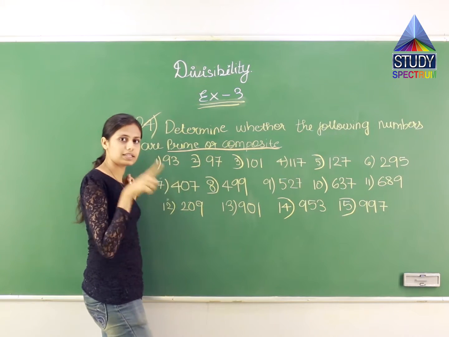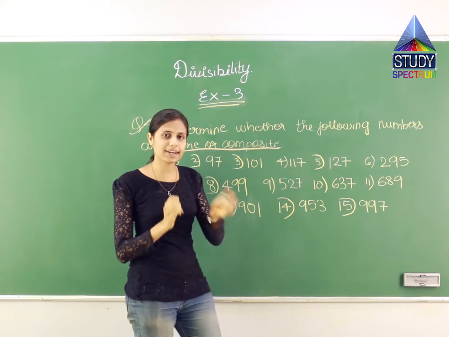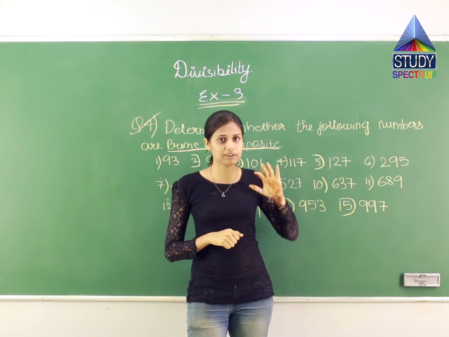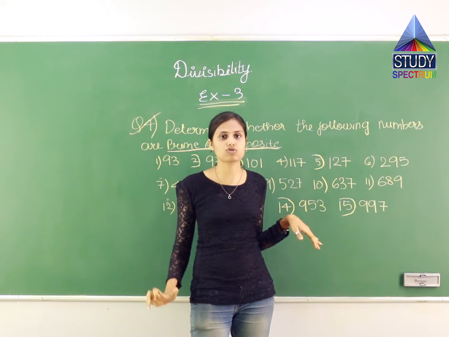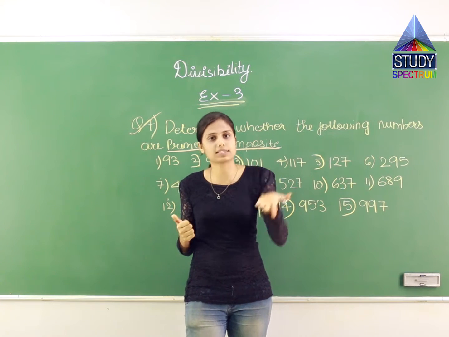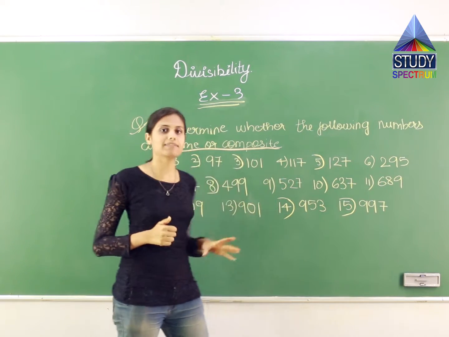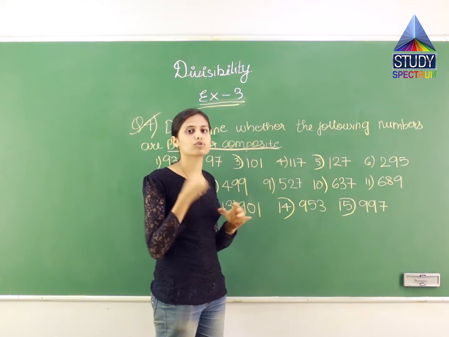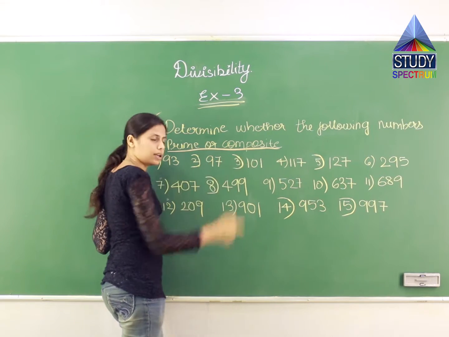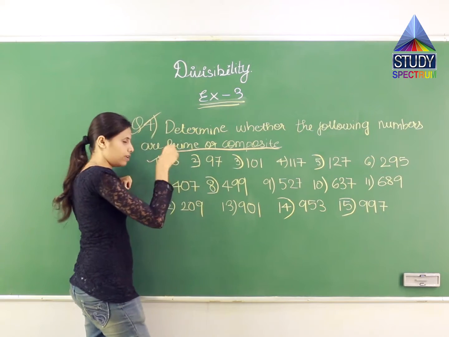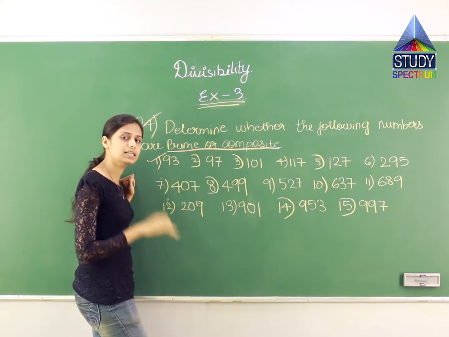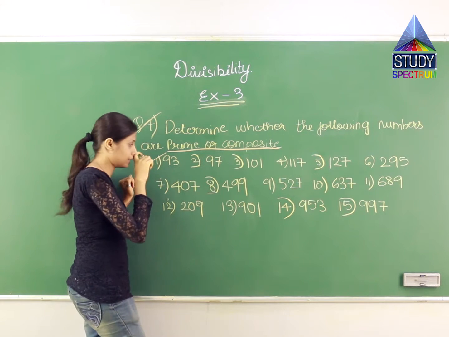What are prime numbers? Let us revise. Prime numbers are those numbers जो 1 and खुद के टेबल में आते हैं, बाकी किसी के टेबल में नहीं आते. And what are composite numbers? Leaving all the prime numbers, the remaining natural numbers are composite numbers. जो 1 and खुद के टेबल को छोड़ के और किसी के भी टेबल्स में आते हैं और उनके डिवाइसेस 1 and the number itself को छोड़ के कोई और डिवाइसेस भी हो सकते हैं. So this is what a composite number is. Now we will solve these examples and understand prime numbers and composite numbers in detail. So the first, 93.